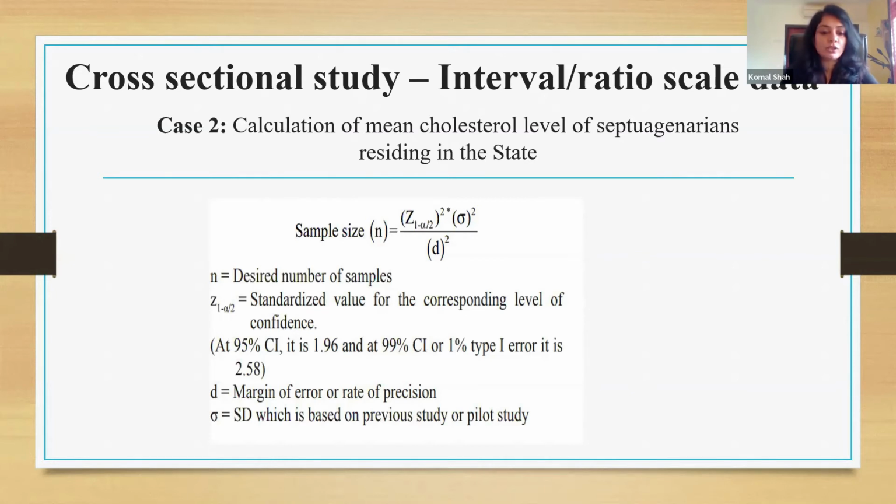So the Z value will remain the same, d, the margin of error, will remain the same. The only additional point will be the standard deviation. Standard deviation I should retrieve from previous studies or pilot studies, and I need to feed that information into this particular equation in order to obtain my sample size.